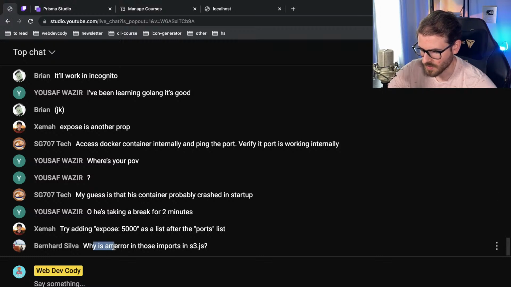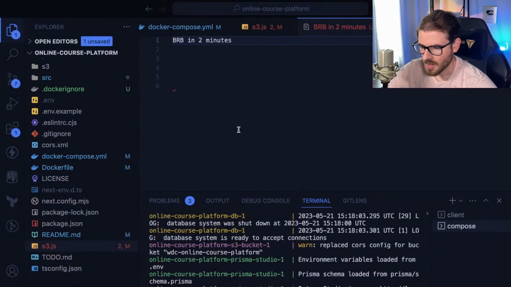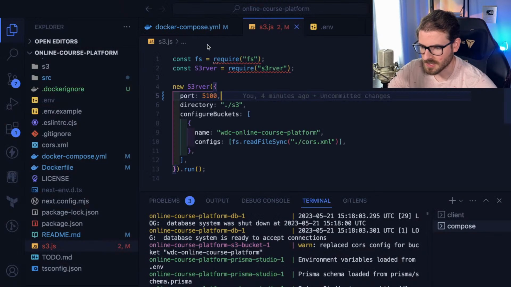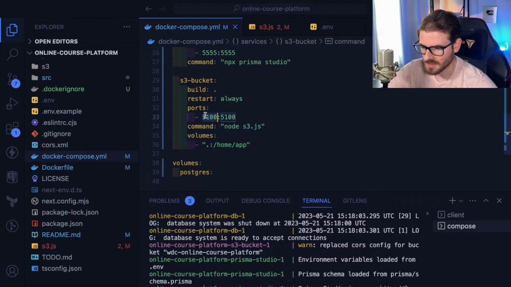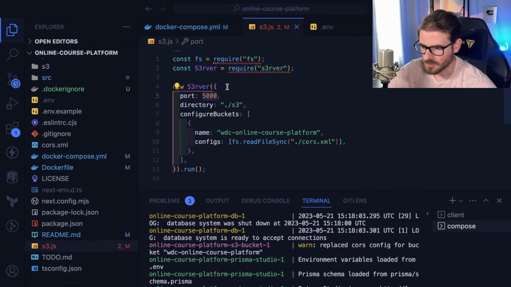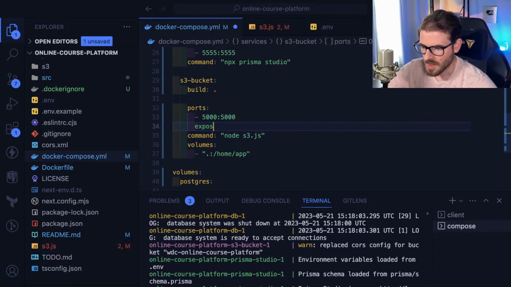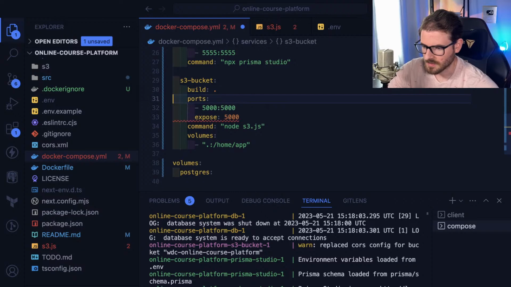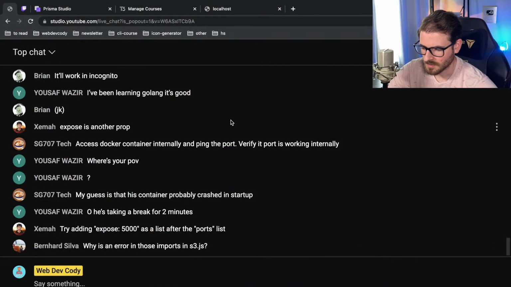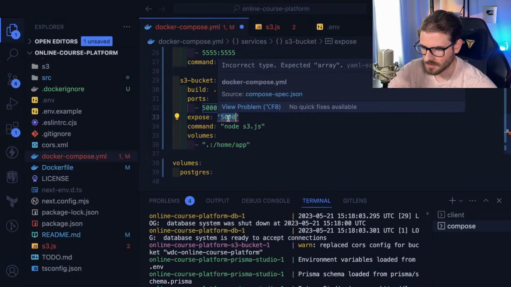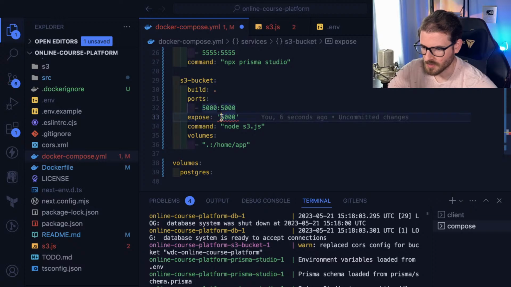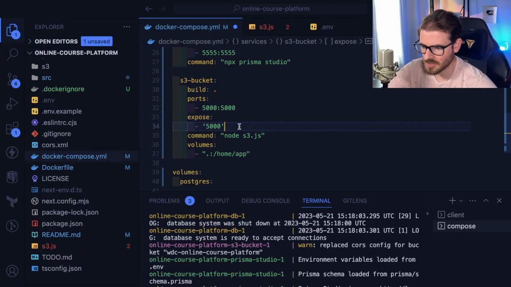All right, let me add the expose. I'm gonna go back to 5000 because that's what I have all my code hard coded to use. So I'll do that. Here I'll do expose 5000. I'm not sure why you'd have to do that. Are you sure expose? I know expose is something you can put inside the Dockerfile, but